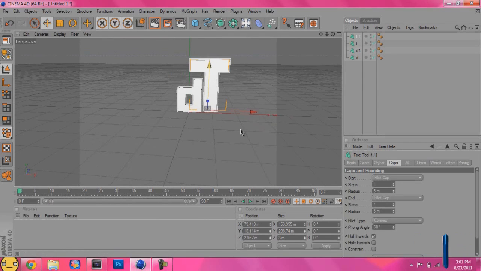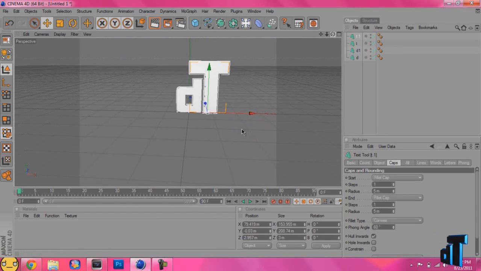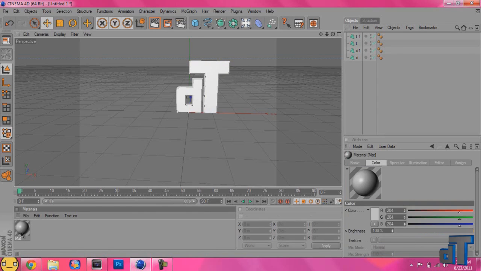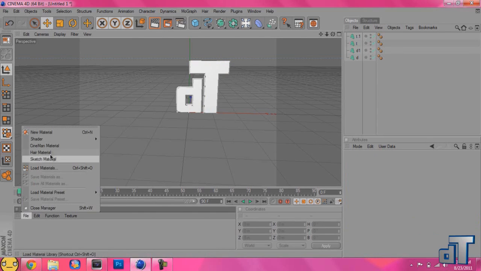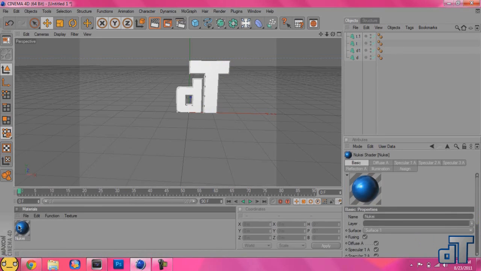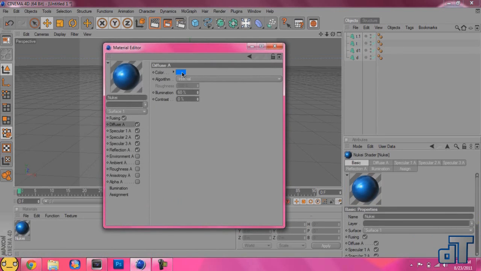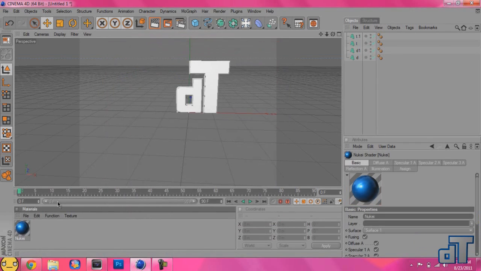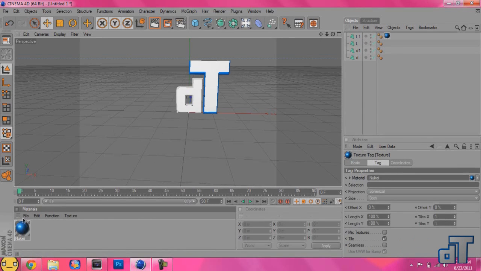So now that I have those done, it's time to add some materials to it, to add colors. So to do that, all you have to do is come down here, and you can either double click to make a new material, but I like to go to File, Shader, and Nuki, and I like the texture of this blue color, but it doesn't have to be the blue. You can change to whatever color you want, but I'm actually just gonna leave it blue because that's what I want my back color. So to add it to the text, you can actually either drag it on here or up to the layer. Now I'm gonna drag it onto the layer because I want the blue on the back of mine,